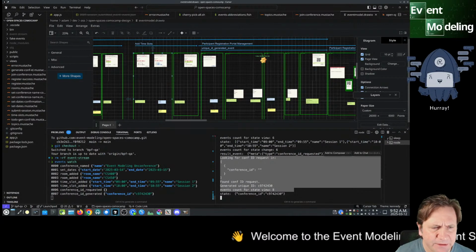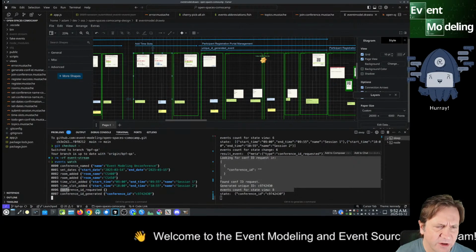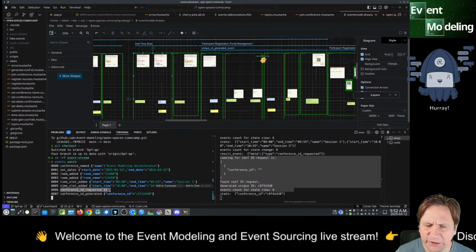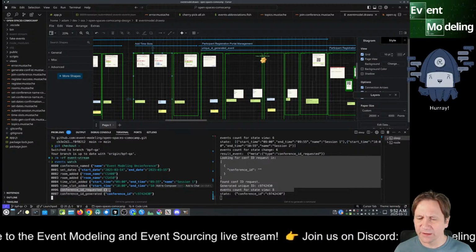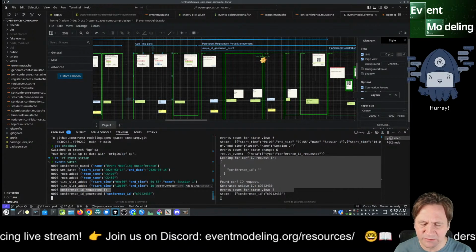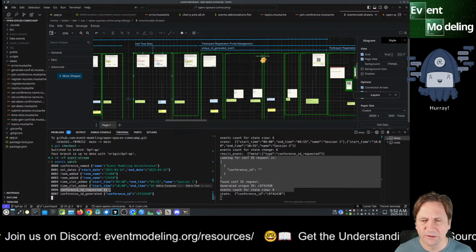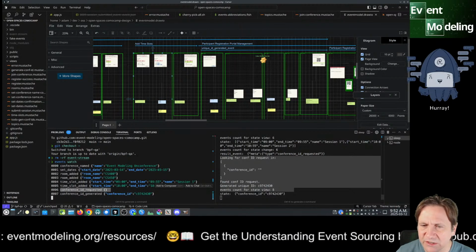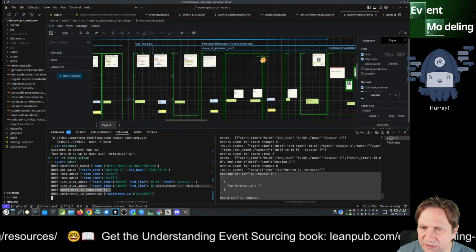Anyway, so you can see there's 2 events there. There's a conference requested, which is a marker event. This is one of those events that has no data, which is valid. It's just the event type existing in the history that is enough to populate something, such as over here, we can see that the state,